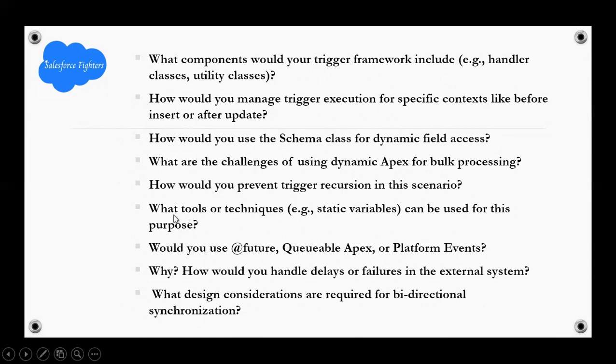Next, what technique, like static variables, can be used for this purpose? Next, would you use future, queueable Apex, or platform event? Next, how would you handle delay or failures in the external system? What design considerations are required for bidirectional